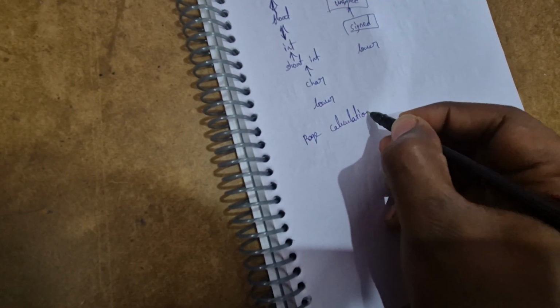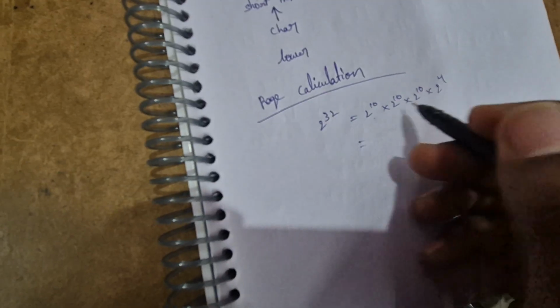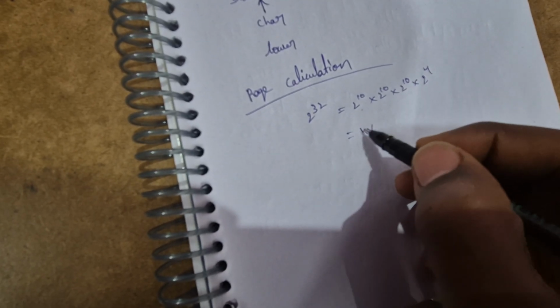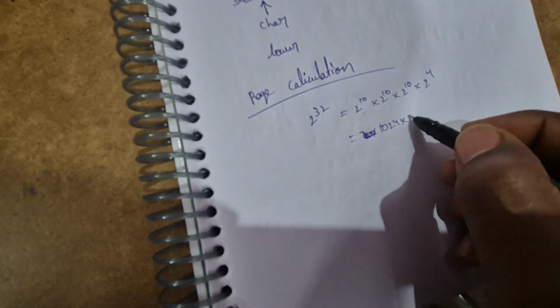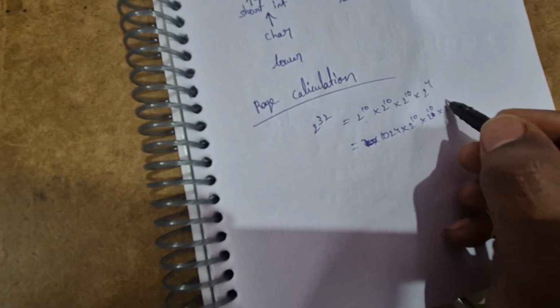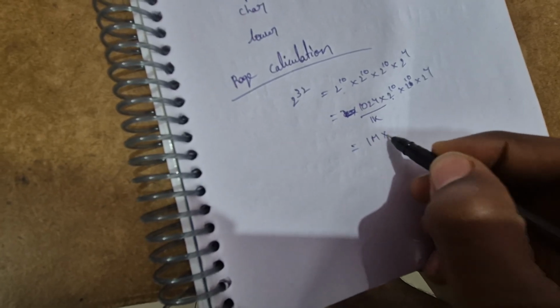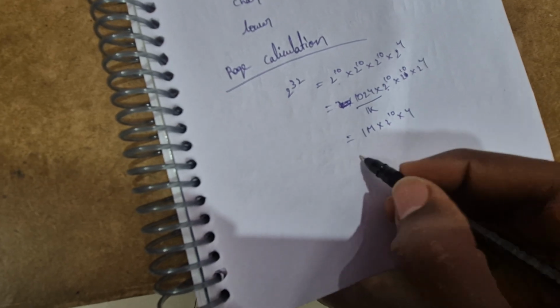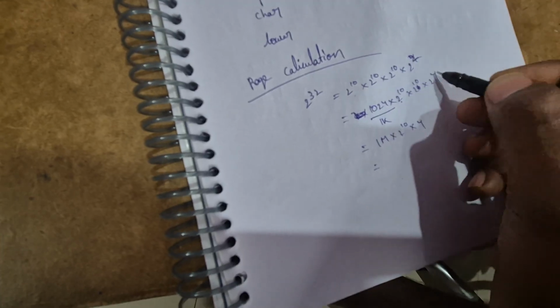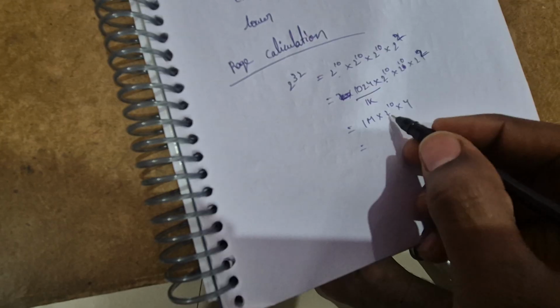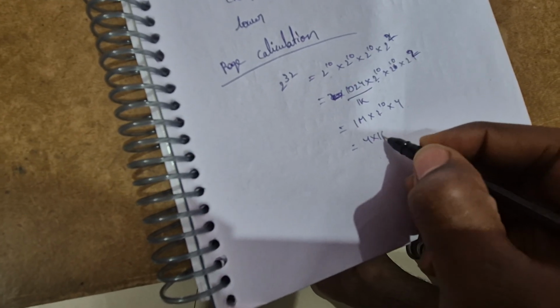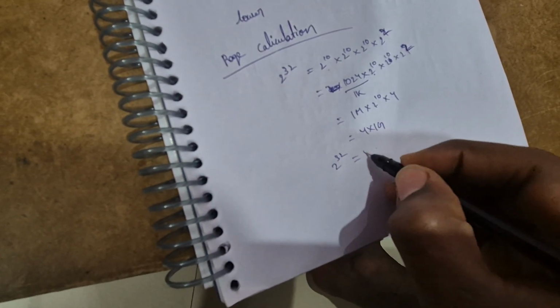I already discussed range calculation. Suppose 2 power 32. That means 2 power 10 into 2 power 10 into 2 power 10 into 2 power 2. Okay. 2 power 10 means 1024, and 1024 means 1k. So 1k into 1k means 1 million, into 2 power 10, into 4. 2 power 2 means 4. That means 4 into 1 giga. Therefore, the range of 2 power 32 is approximately 4 giga,